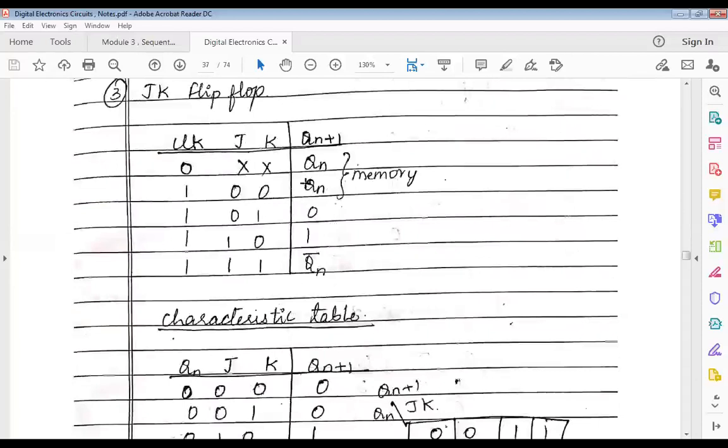So ultimately, you should remember this truth table. This truth table is also necessary for you to understand. Whenever I have 0, 0, the memory input comes here; whatever was there in memory is the output. Whenever it is 0, 1, then j is followed, 0 comes. Whenever it's 1, 0, then 1 comes. 1, 1, then it will get into a toggle state. It's not giving me an invalid state.